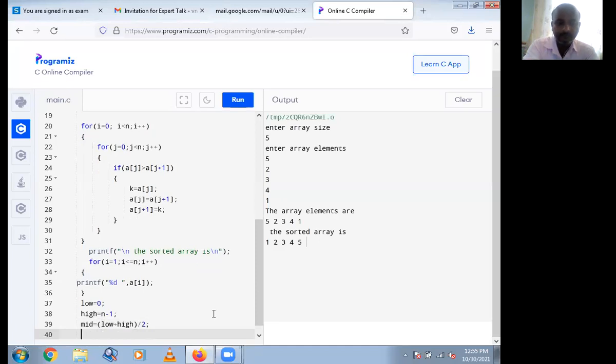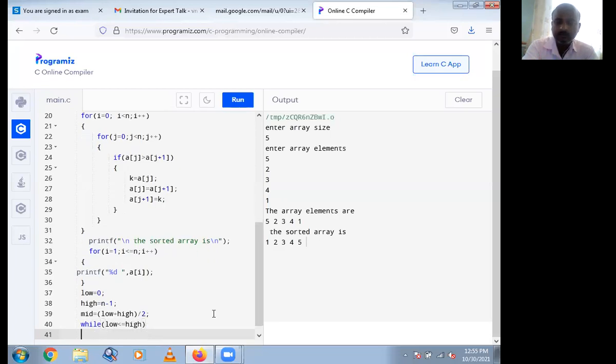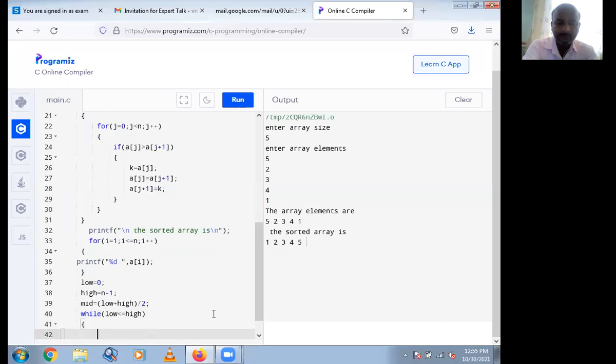Okay, then while, your condition in the while loop is low less than or equal to high. If this condition is true, then you have to check if a of mid is equal to the search key, here p.